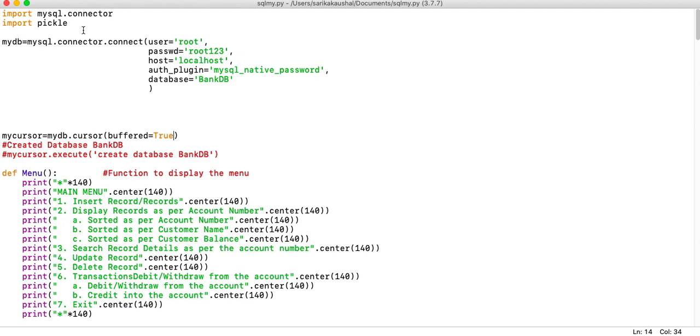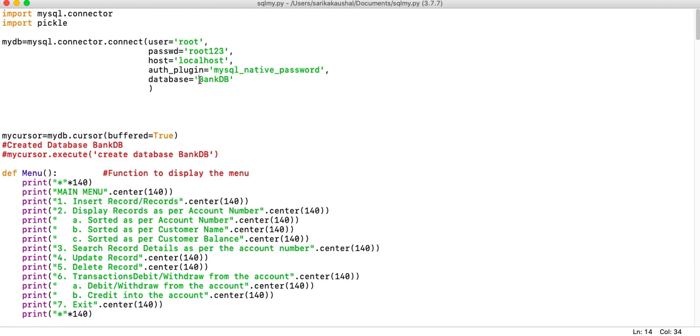When you're having a connection using mysql.connector, these are the parameters, as you all know, which I've already explained in my previous video. So in case there is a doubt, please go and watch my previous video on forming the SQL connectivity using mysql.connector. The root user ID is root, the password is root123, and the host.